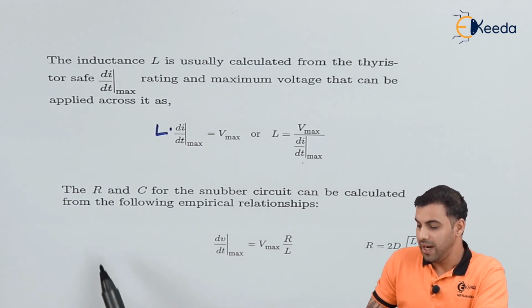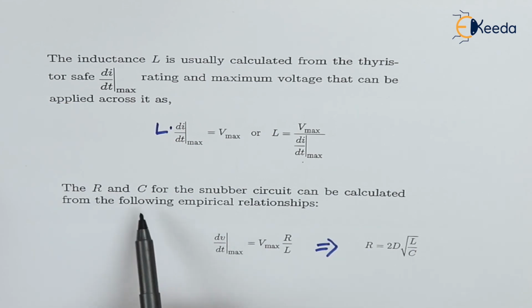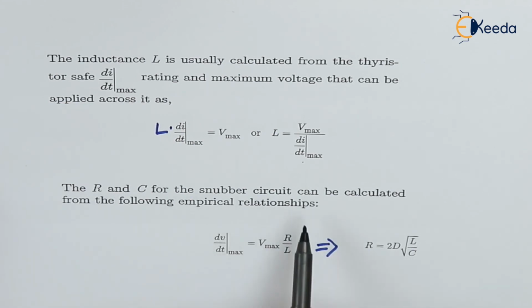Now, let's say the value of R and C, the resistance and capacitance, for the snubber circuit can easily be calculated with this method. Say dV by dt maximum is equal to V max, which is the applied maximum value of the voltage, into R divided by L, where R is the resistance and L is the inductance. So if we solve this, we get the value of R, which is equal to 2D under root inductance divided by capacitance, where D is called